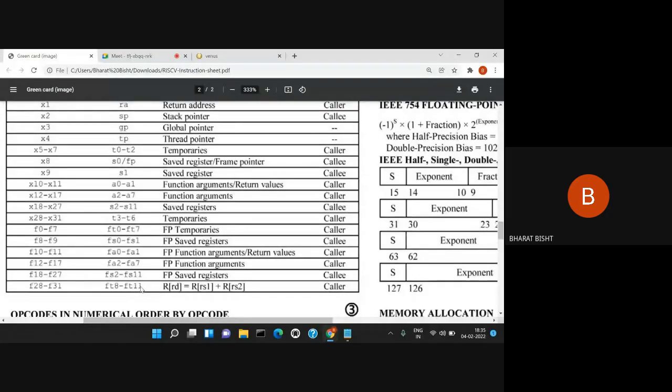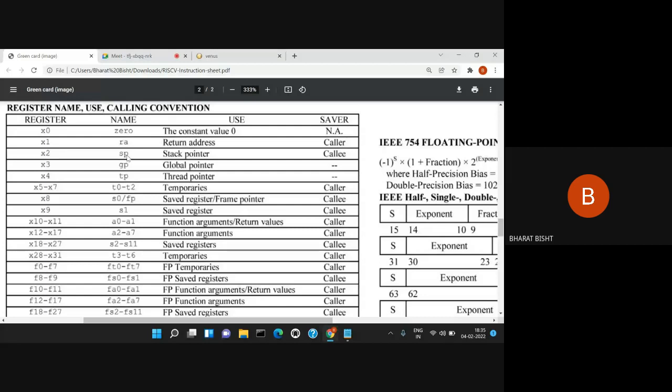So we can use any register, but it is suggested that for temporary values we use the temporary registers, because if I use the stack pointer for some calculation, what will happen is the value held by the stack pointer will be changed, and we will lose the stack pointer. So that's why it is suggested not to use these registers unless and until